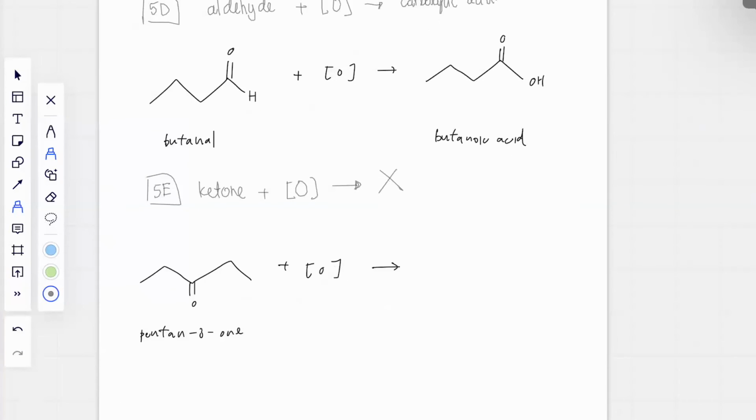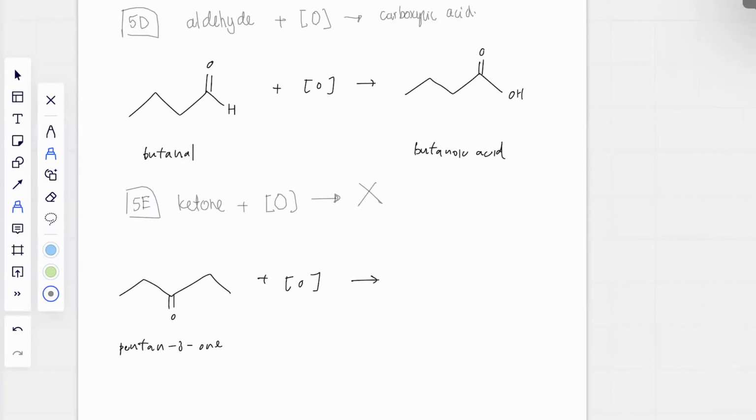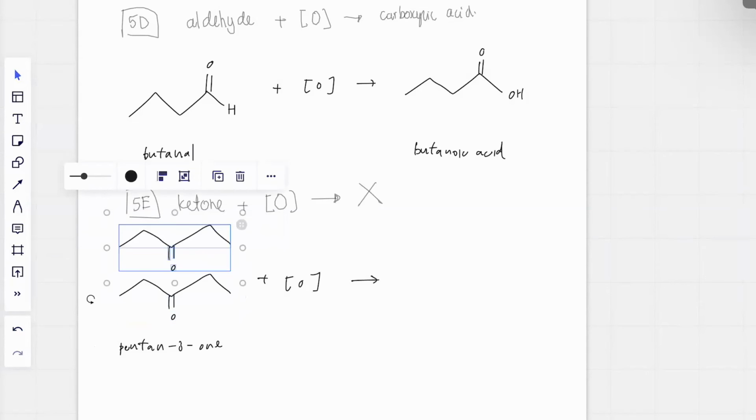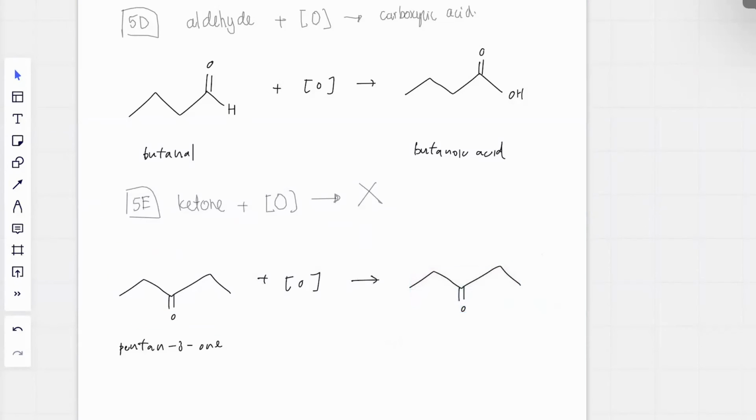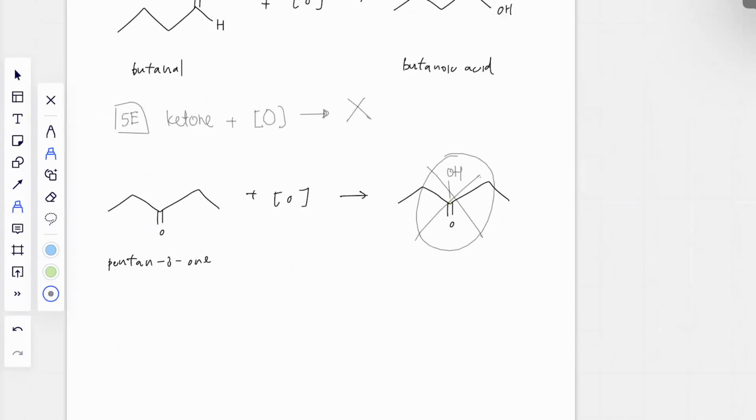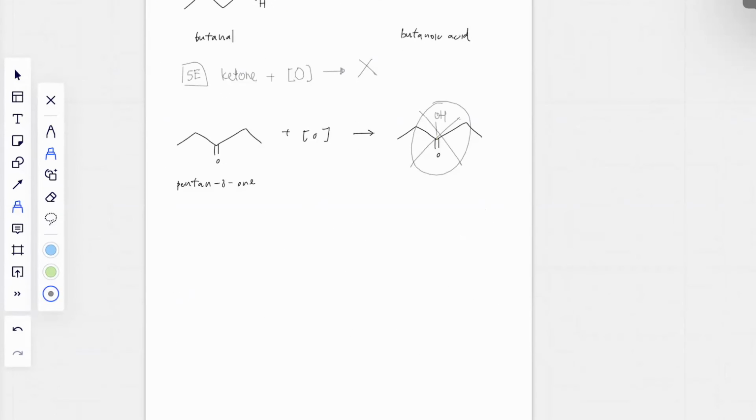And then trione, if you oxidize, you put OH here, like this. Yeah, and this is wrong. That's why it doesn't work. Okay, 5F